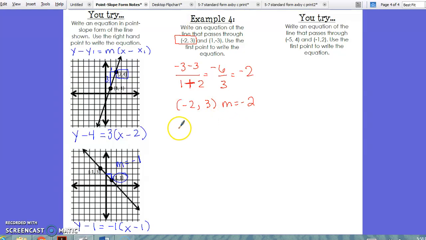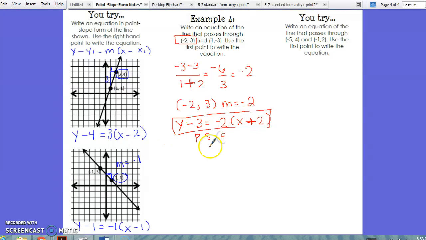All right, so what would I do? Plug them into the equation. Y minus 3 is equal to negative 2 times x minus negative 2, which makes that positive, so we do plus 2. All right, so that's the point slope formula. Point slope,